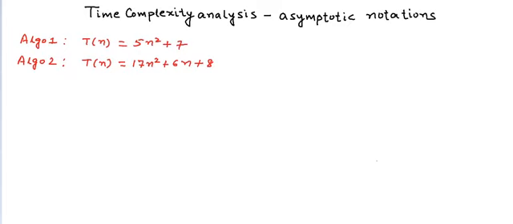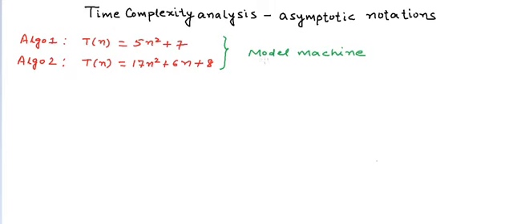classes? Let's say we have two algorithms. Algorithm 1 has the running time defined by this particular function T(n) = 5n² + 7, where n is the input size, and algorithm 2 has the running time defined by 17n² + 6n + 8. And let's say we have reduced these expressions on a model machine. We had defined the concept of a model machine in the previous lesson. A model machine has some basic operations, and each basic operation, like arithmetical, logical, or assignment operation, costs us 1